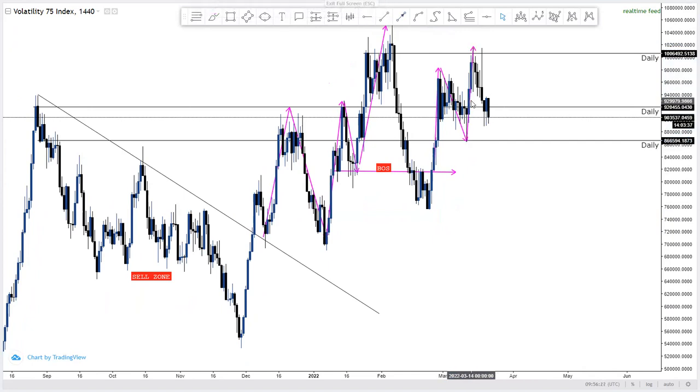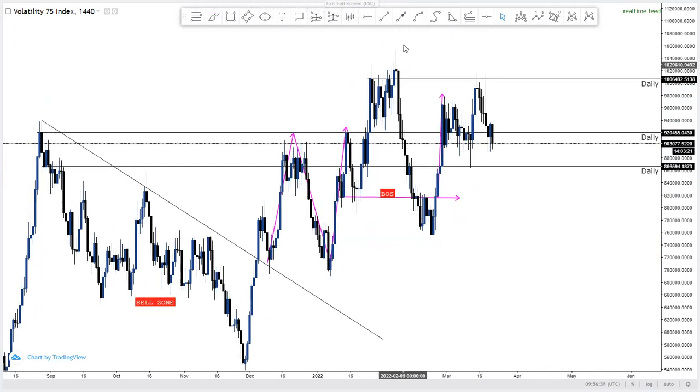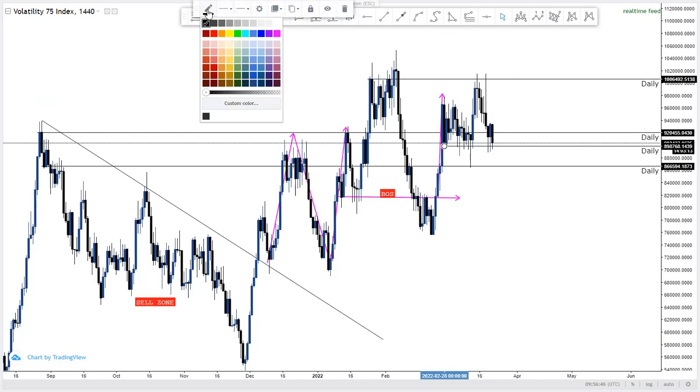So here now we want to see, is it going to make a higher low? Because it came back to that level of the previous low. So we now want to know exactly what is going to happen there, because whatever reaction it gives us there is going to determine even the entries that we are going to take. So I'm going to change the color of that one and